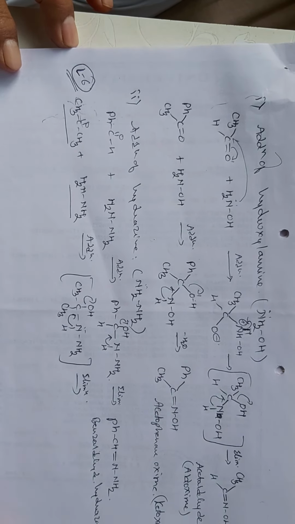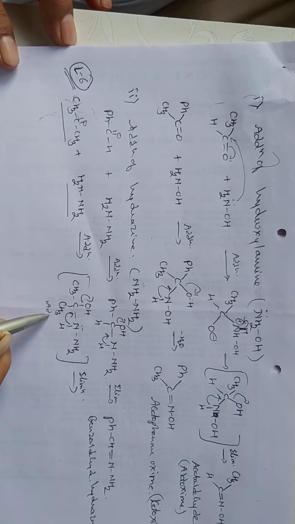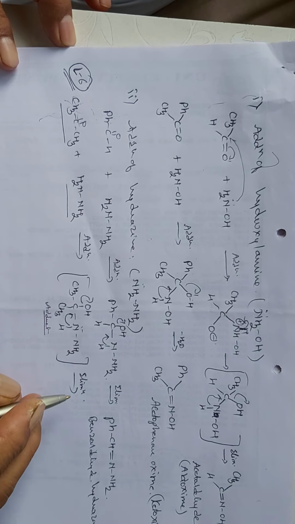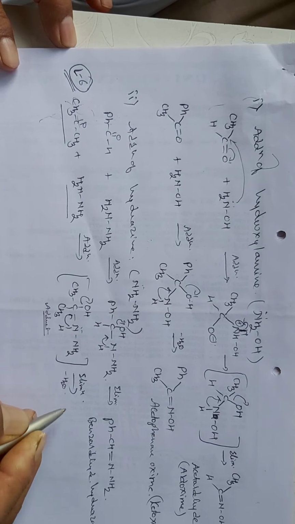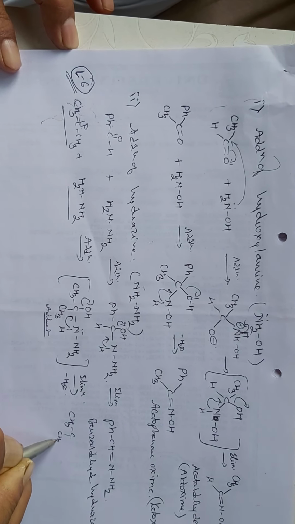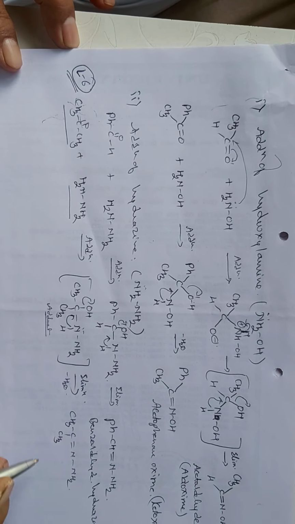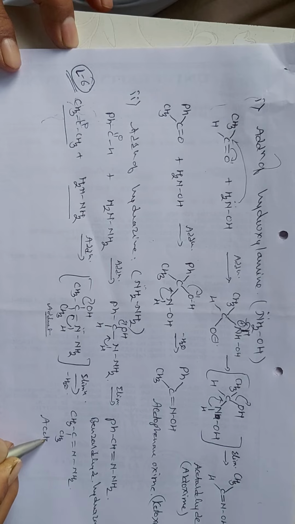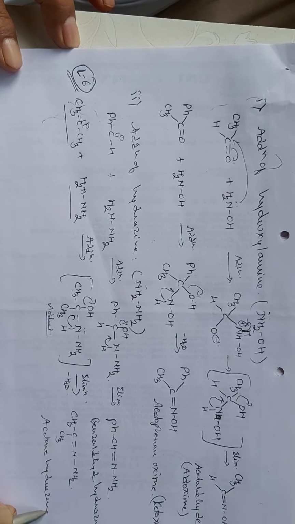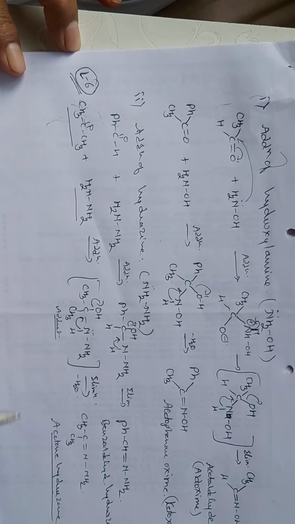In the first step, it undergoes addition and forms an adduct, and this adduct undergoes elimination in the second step. Liberation of the water molecule takes place, and you get the formation of the imine, that is, C=N-NH2. The molecule is called acetone hydrazone. So this was the reaction that we discussed yesterday.